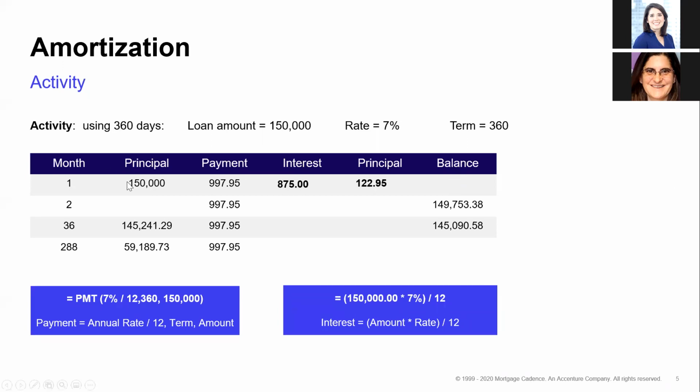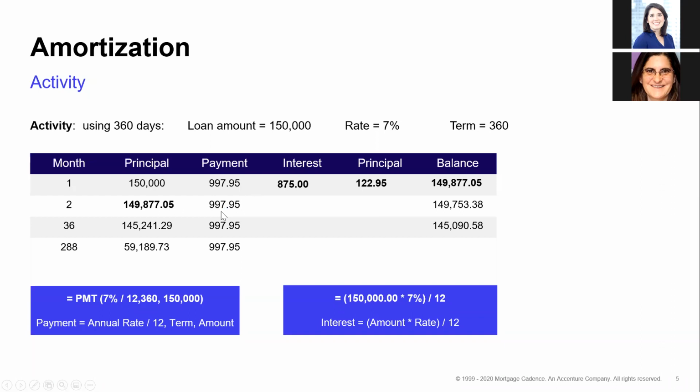And so my balance, I would take my principal minus this principal payment, and it would leave me with the new balance. You got it. Perfect. Very good. You guys are getting good. Okay, so that's how much I owe now. I'm going to carry that to my next month, and I'm going to do it all again. I'm going to give you a second to think about that. And so what am I going to do now?